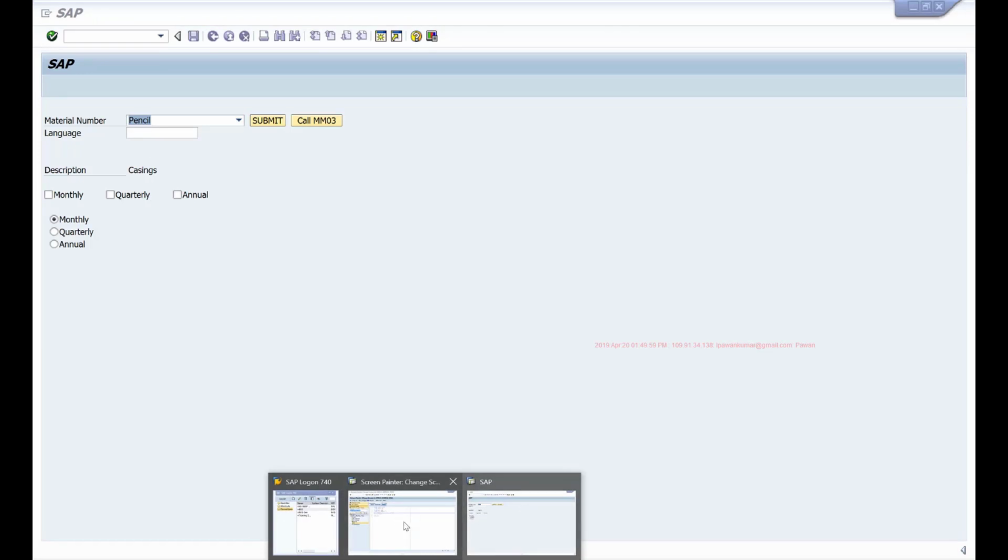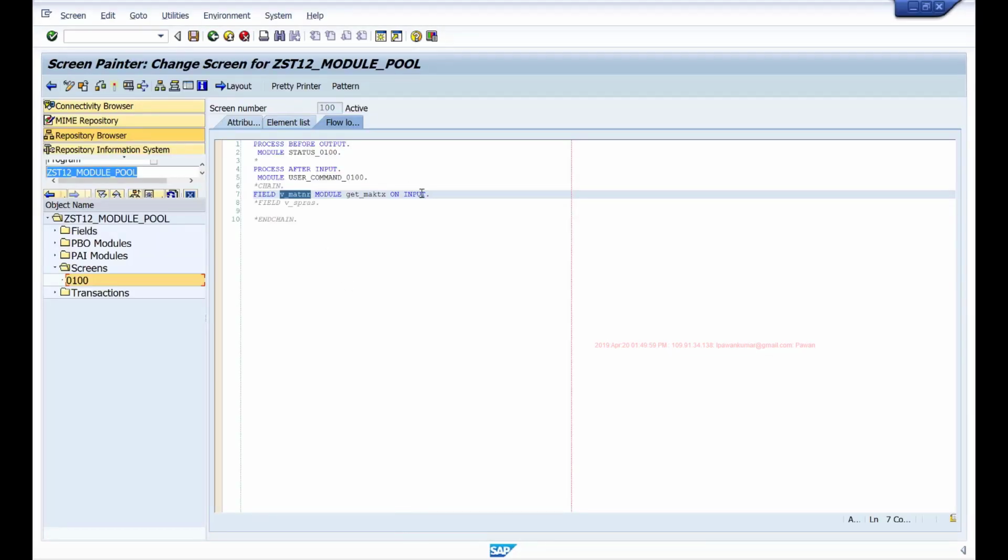So for that, we use this on request. If I say on request, then it will actually compare the current value with the previous value. If it is different, then it will call the module.